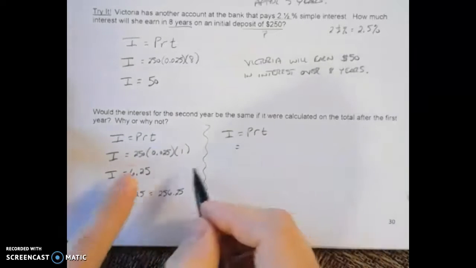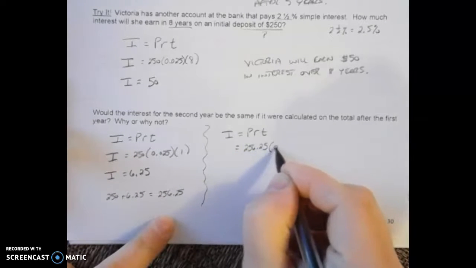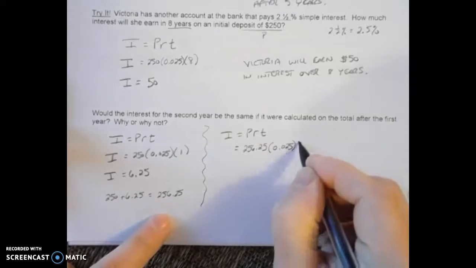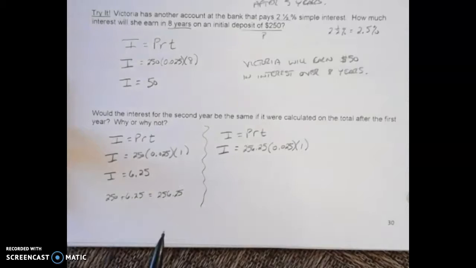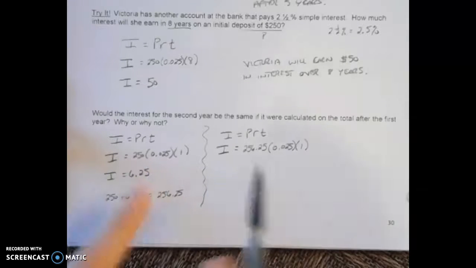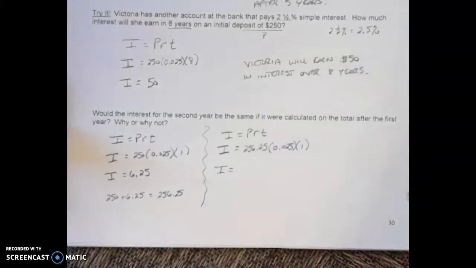So our principal no longer is $250, it's going to be $256.25. The interest rate is still the same, 2.5%, and it's just for an additional year, for the second year here. All right, and so I can already tell these values are going to be different because the principal amount isn't the same. If your principal amount changes, well then that means the interest that you earn is going to change as well. So if we go ahead and do the multiplication, 256.25 multiplied by 25 thousandths, okay, that gets us